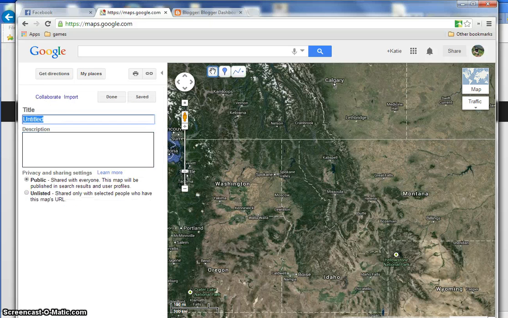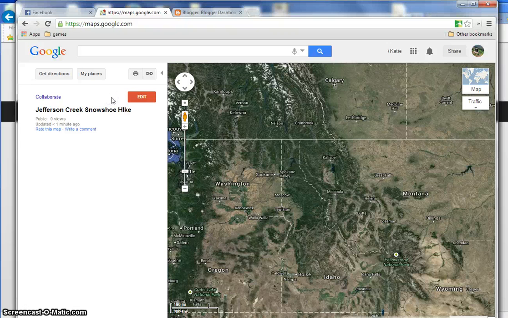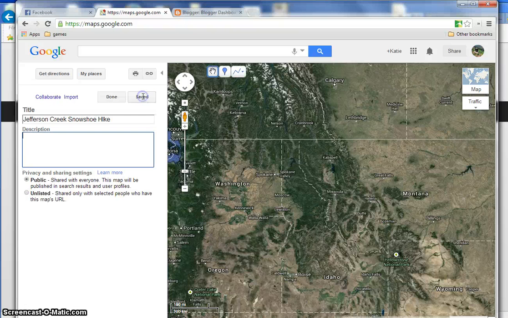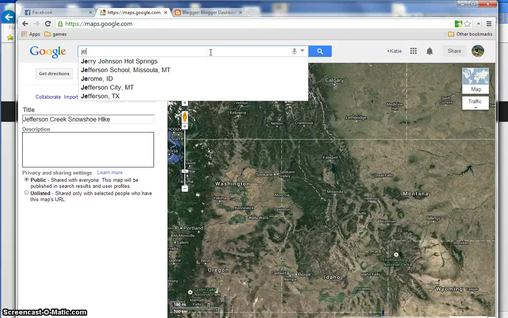I prefer it. So I'm going to give this map a title. And I could put a description in here, and I do want to put it public so that other people can see it. So when I'm done with that, I can say done and then click edit. And I can put place markers in here, but first I'm going to try to find Jefferson Creek